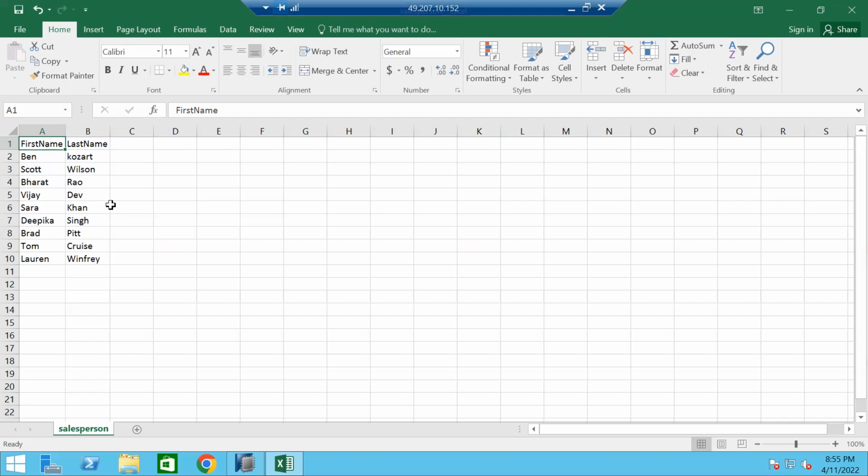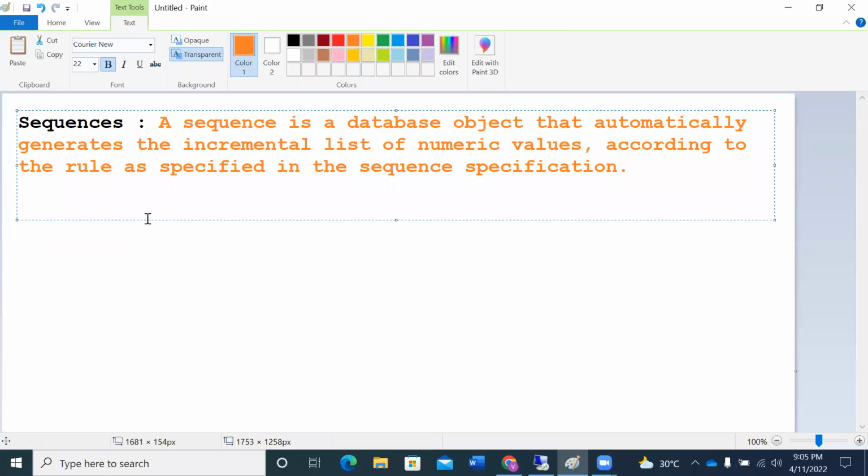But the requirement is they want to use this table and, with the help of a sequence, create some unique identification number. So basically here we are trying to convert the row store table to column store table,